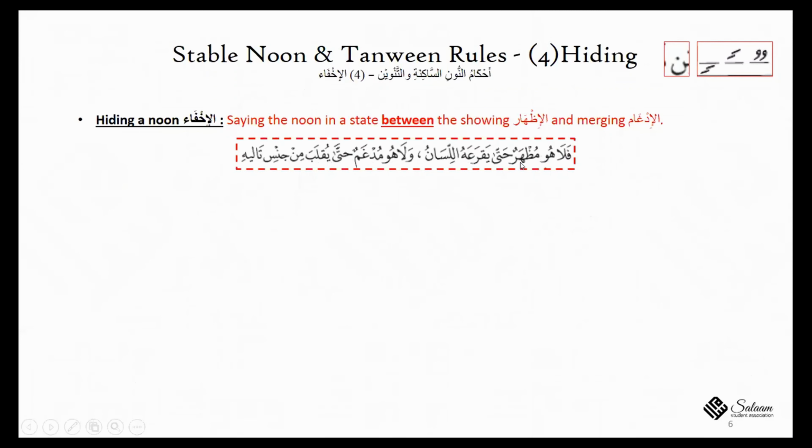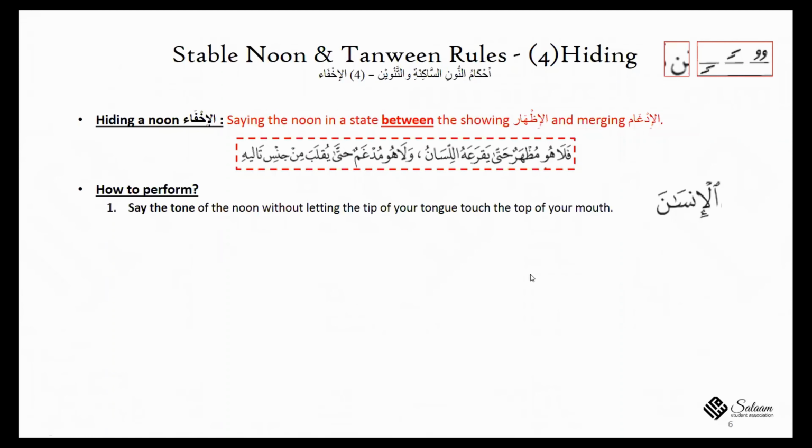It means that it's not shown, so you don't say the noon completely, and it's not merged, so you ignore the noon and only say the next letter. We will discuss that thoroughly, inshallah. So how do we perform this state, the state between idhar and idgham? So the first thing is that we, from the noon,